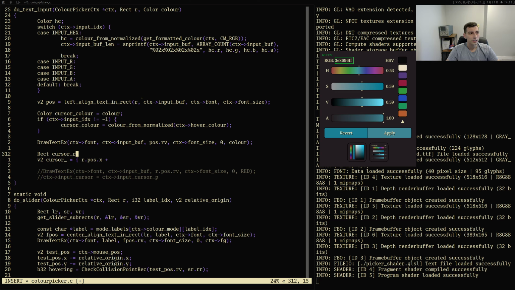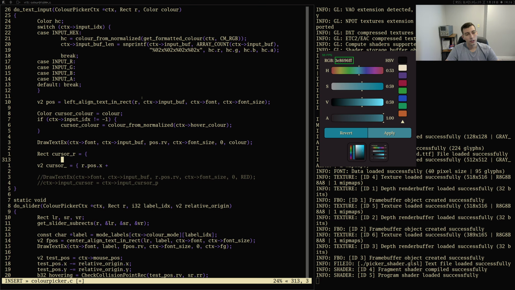So cursor rect is going to be equal to r.position.x. Position dot x is equal to this plus